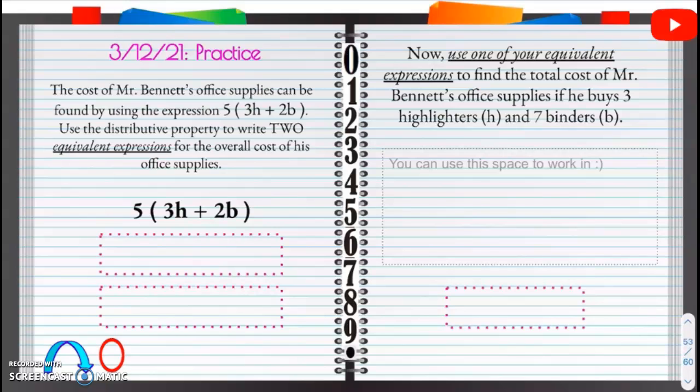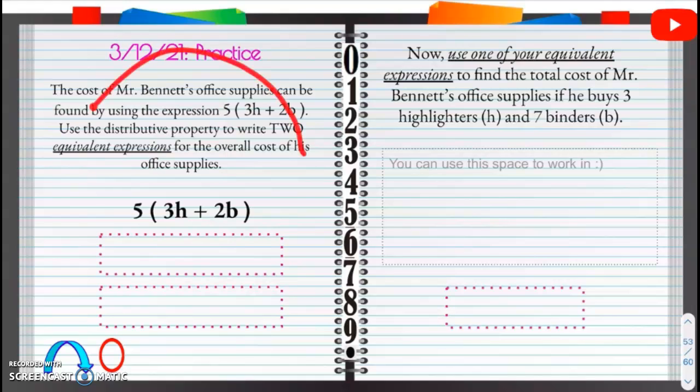All right, practice. So the cost of Mr. Bennett's office supplies can be found by using the expression 5 times the quantity of 3H plus 2B. Use the distributive property to write two equivalent expressions, so two equal expressions, for the overall cost of his office